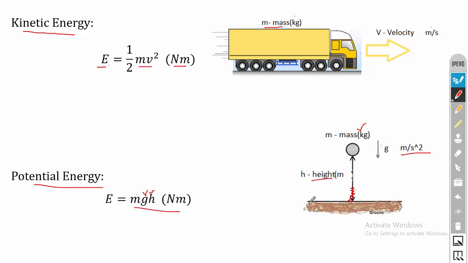As I told earlier, this energy is being absorbed by the spring, so we can equate this to the energy absorption capacity, that is half P into del. Because of this energy, the spring will produce some compression, so that is our deflection. Once you know all this data, you can substitute everything in the energy equation and calculate the value of the load acting on the spring. Once after calculating the load acting on the spring, the remaining procedure is the same.